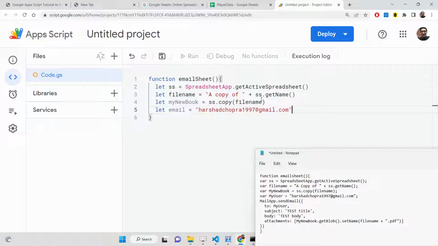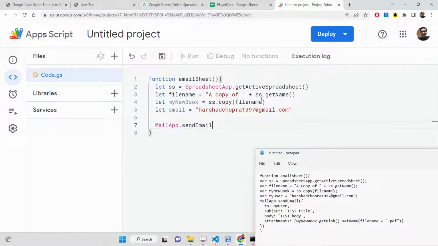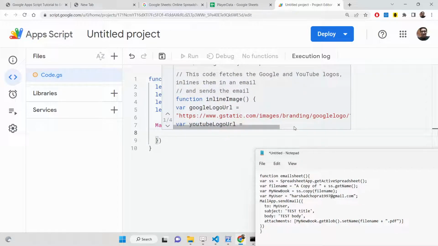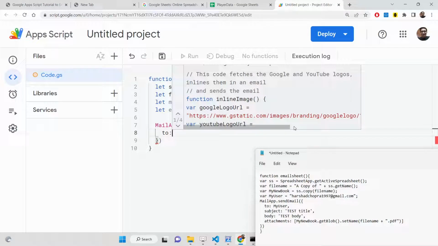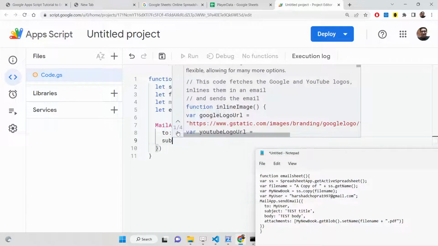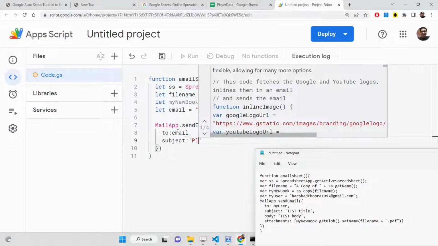After this, you will be using this mail app, guys, mail app library, and this contains a method called as send email, which will actually send this spreadsheet as a PDF document. And here this takes some options. The first option is the to option, and here we will be sending to the email address that we have specified here. So we will simply say email. The second option it takes is the subject property, guys. So we will simply say player info,